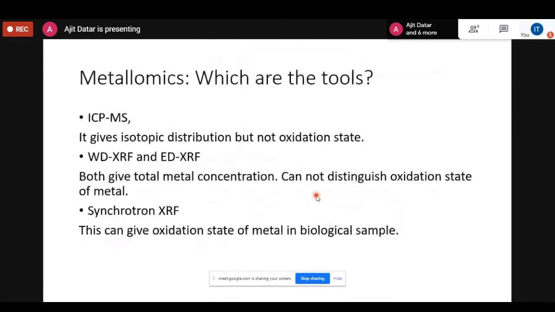So this is what we call metallomics. And which are the tools? Because these are metal elements we are talking about, there are tools like ICP-MS, because ICP-MS can give you a lot of elements from the periodic table, more than 75 elements. So almost from element number 6 to element number 92,